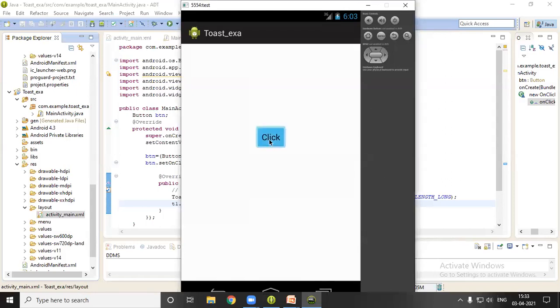Whenever we click on this button, this toast message is generated: Welcome to BPMP. So this is our output. Thank you.